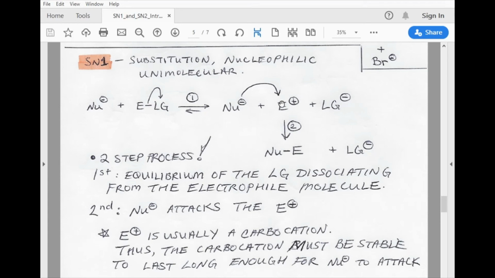And once this cationic electrophile is formed, and the leaving group has left, the nucleophile now has a chance to attack this electrophilic center. And this is what allows